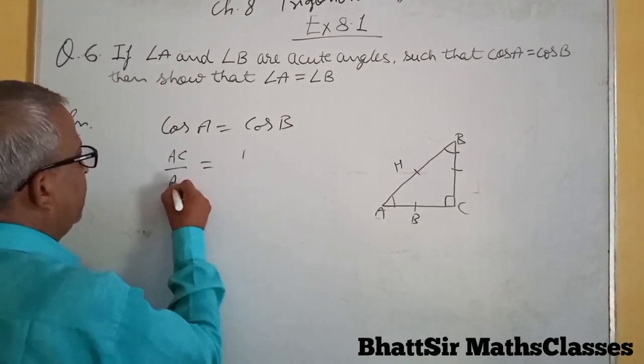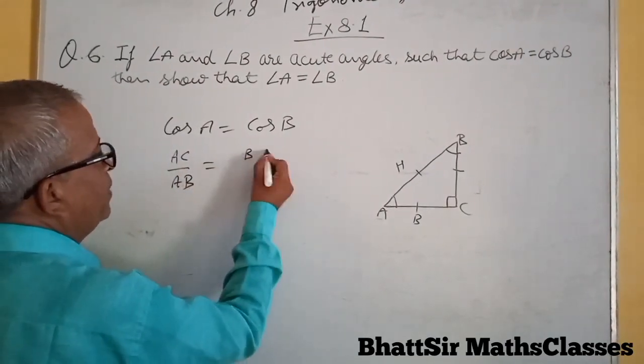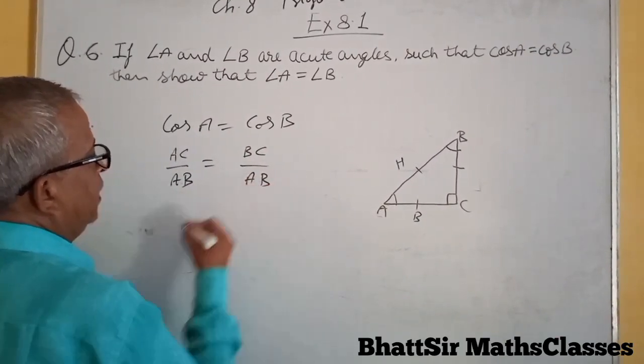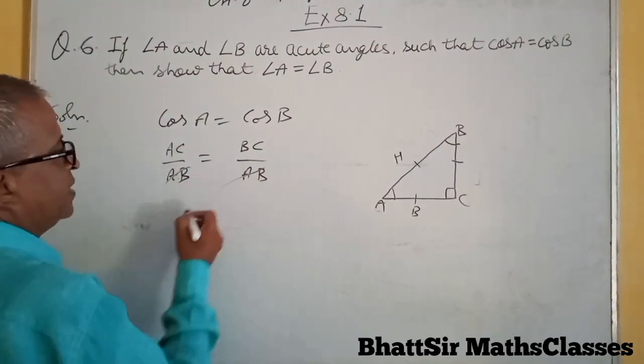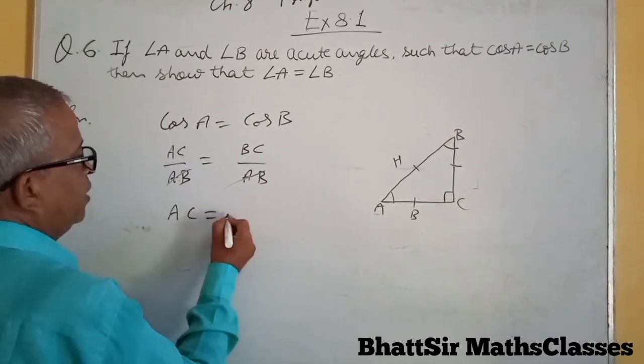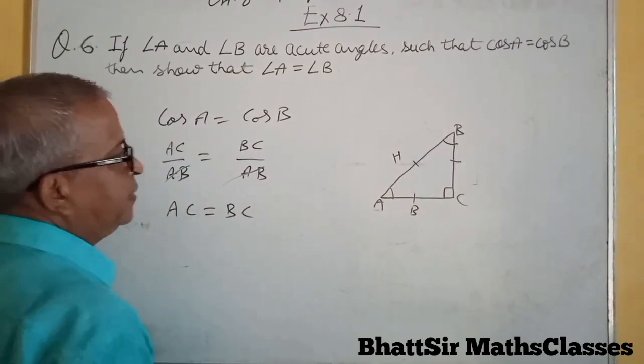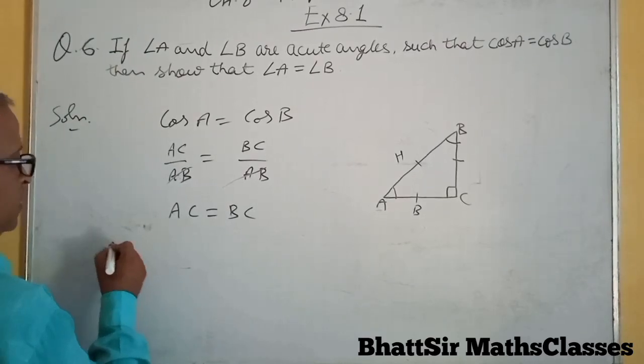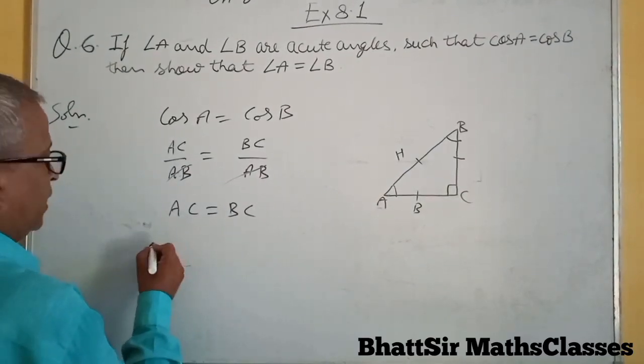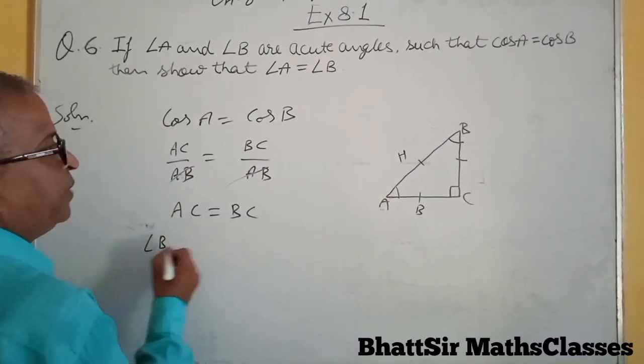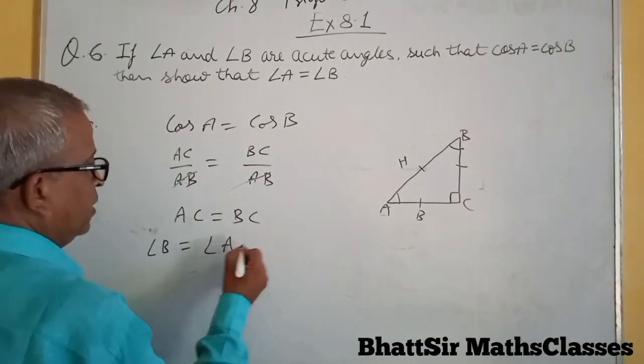So AC upon AB equals BC upon AB. AB cancels out, so AC equals BC. But